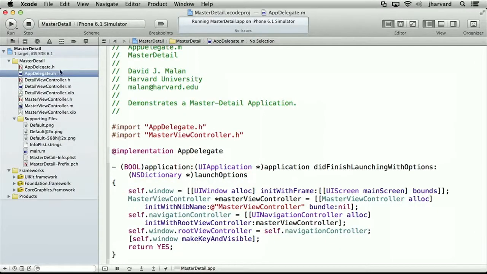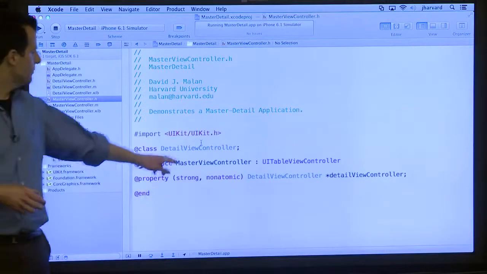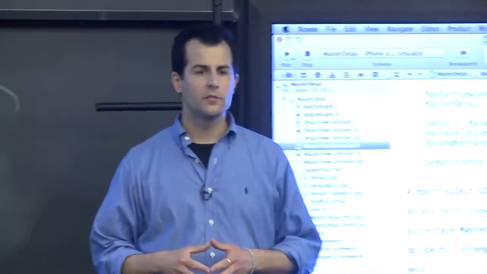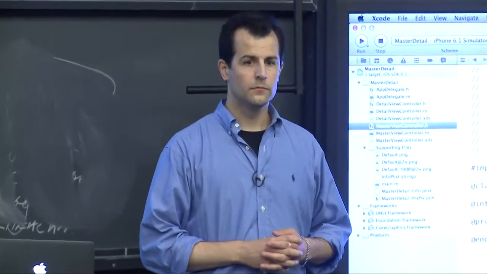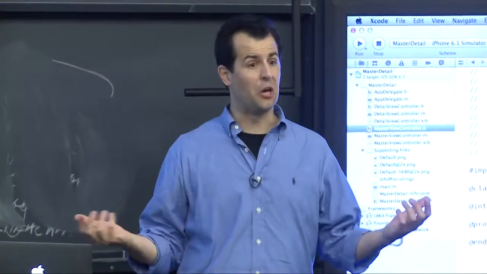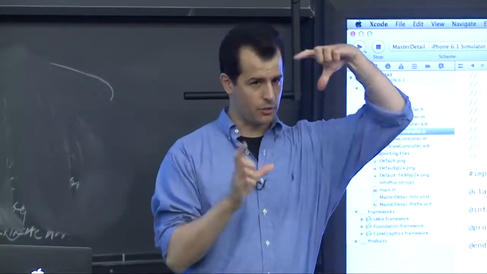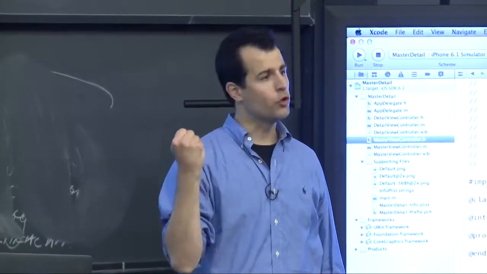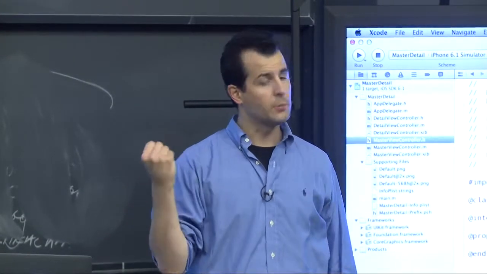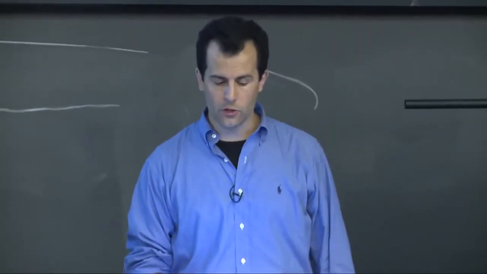Let's next go into, from appdelegate.m, let's start with masterviewcontroller.h. Is there anything of interest in here? So master view controller has a property that's going to store the address of what kind of object? Looks like a detail view controller. So if you think about this at a high level, the root view controller is the master view controller. He apparently is somehow going to have attached to him the address of a detail view controller. So it seems to be the case indeed that the master view controller is in charge. Now we haven't done any of that wiring yet, so let's go into the .m